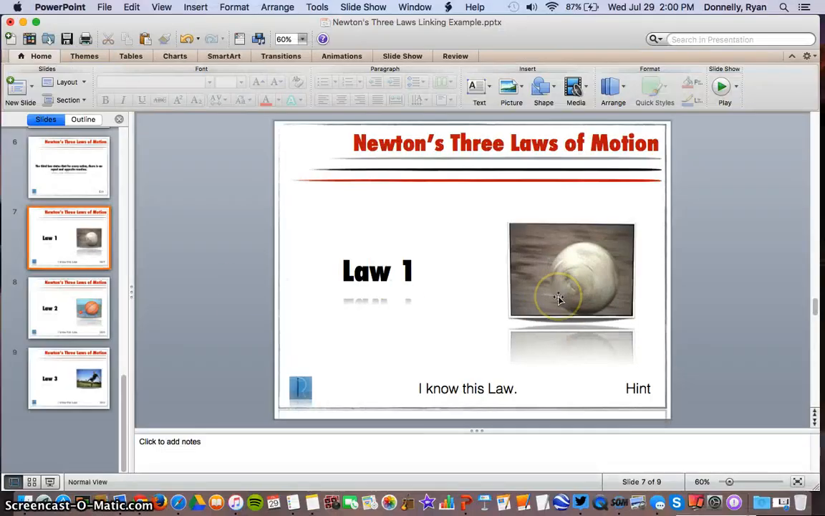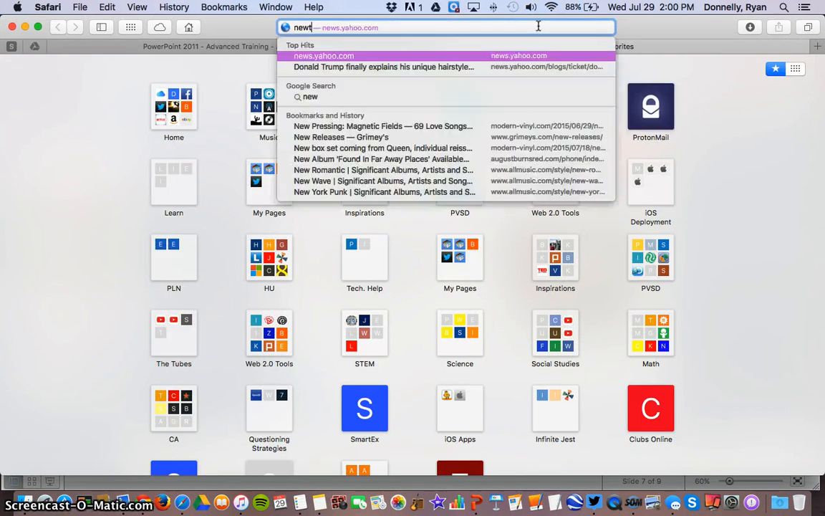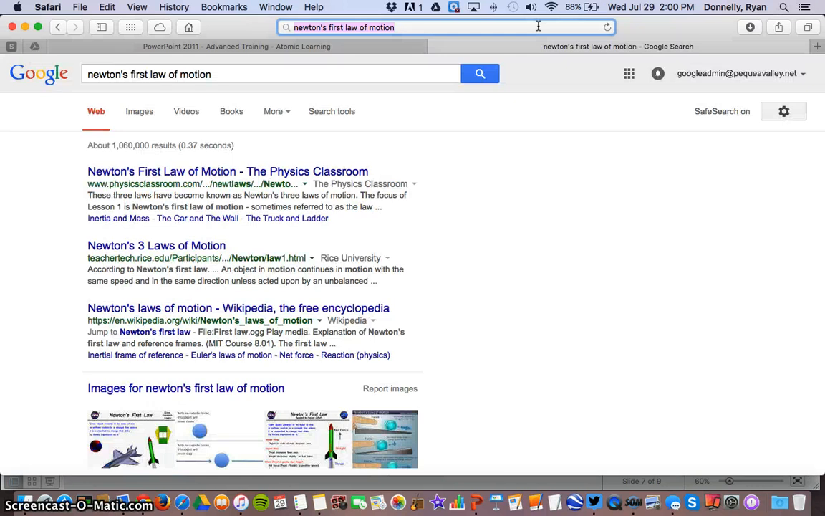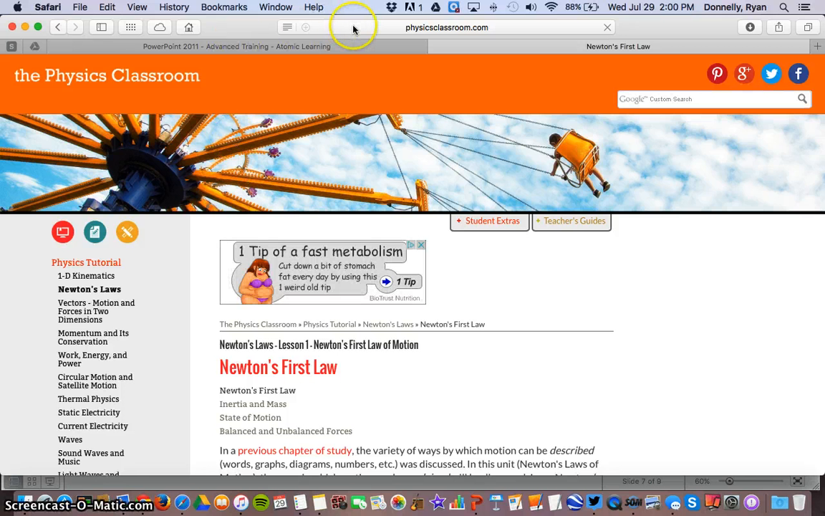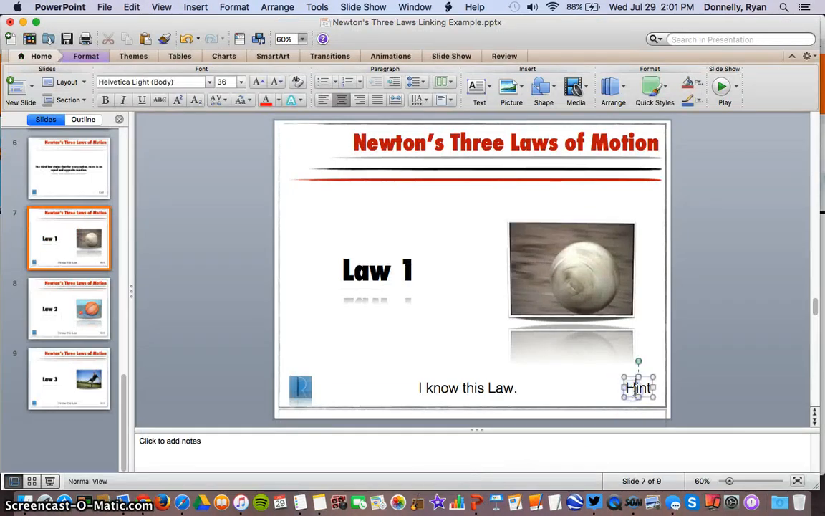Well, I'd like this slide to have a couple hyperlinks itself. I'm going to do one for I know this law and one for I need another hint. So if I need another hint, I can go to the web and grab a hint for law number 1. I'll search for a site, Newton's. And I know that I like this physics classroom, so I'm going to grab this link. I'll come back to PowerPoint, grab my text,